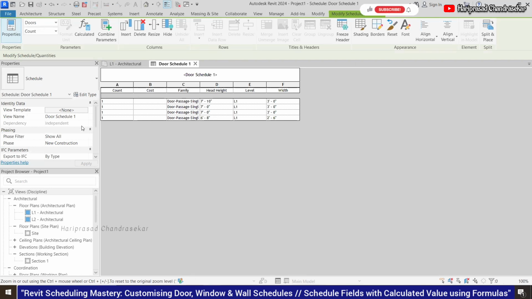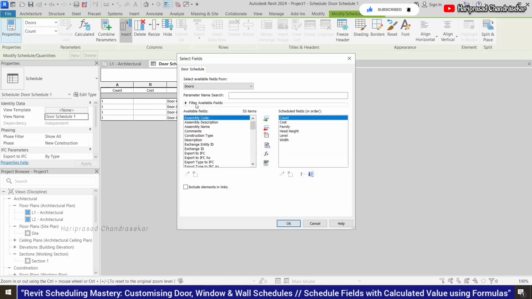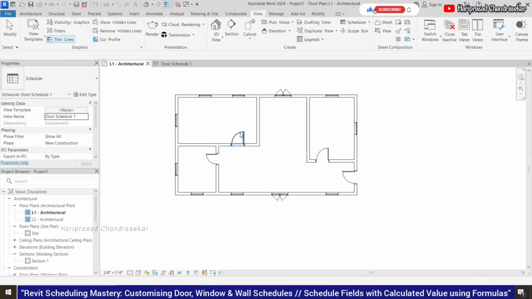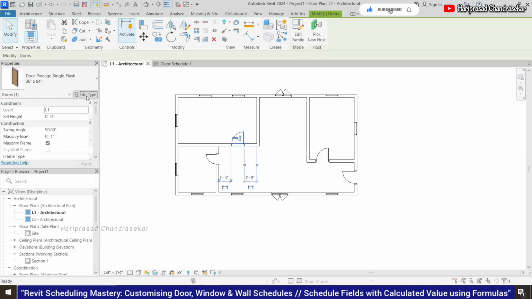Now here also we can modify this. See here, door schedule, when you're clicking that, you will be available with this Excel kind of thing. So all this you are able to modify. We can insert some column, we can delete some column, something like that. If you want to insert some column, you can insert. If you want to delete, you can delete also. But before that, I will go and check what are all the parameters we have here.